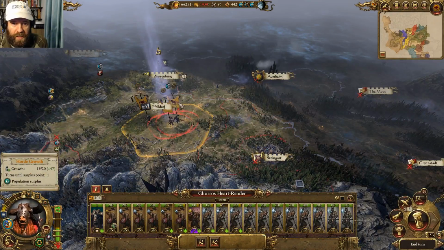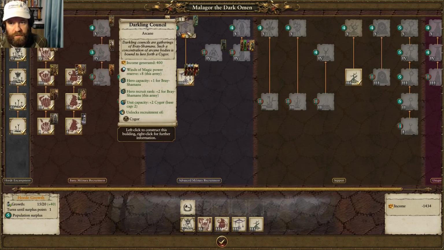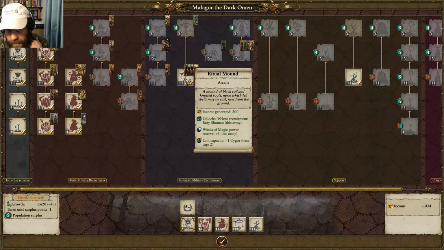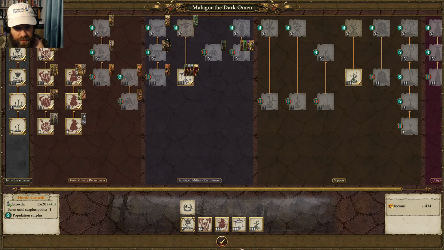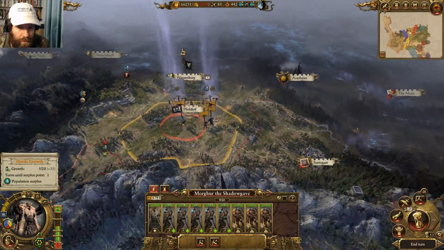With Malagor, did we finish the Sigor building? We did not finish the Sigor building, so... Recruitment rank +2, so we could get 2 more ranks if we just wait a little bit and then get the Sigor building in a couple of turns. That's probably worth it. But we can...